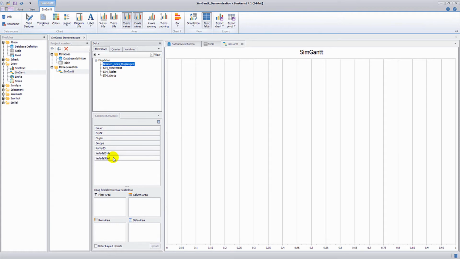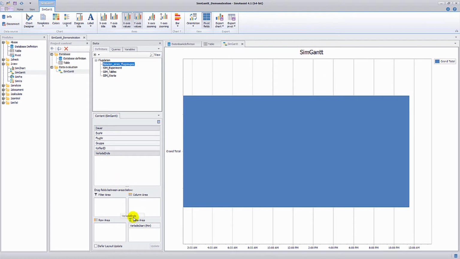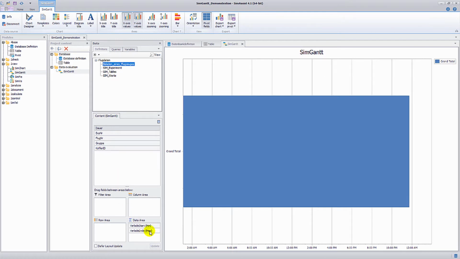In the following, 3 short scenarios are considered in which the SimGantt plugin is used in order to easily display time sequences. In the first example, we will examine when a baggage item is checked in at the counter and when it arrives on the aircraft. To do this, first drag the 2 columns Verladestart and Verladeende into the data area of